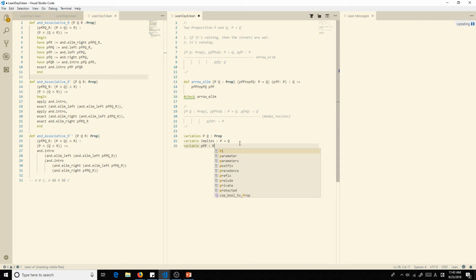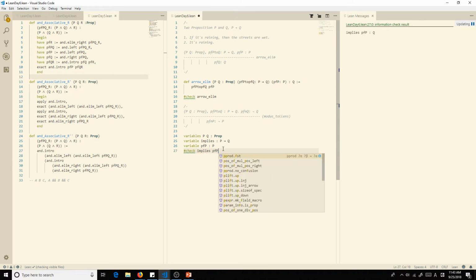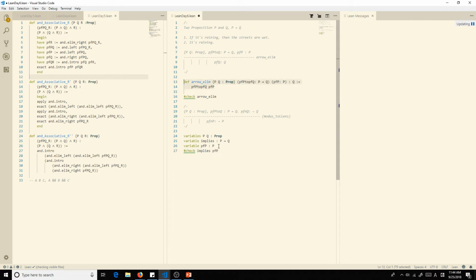Wow, it's giving me so many fun things. Let's just go ahead and check. And we're going to use implies proof of p. And we can see that implies proof of p gives us q. And that's pretty much what we did up here, just in some variables.